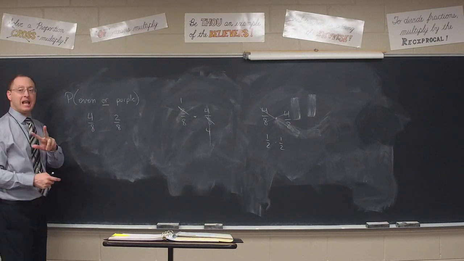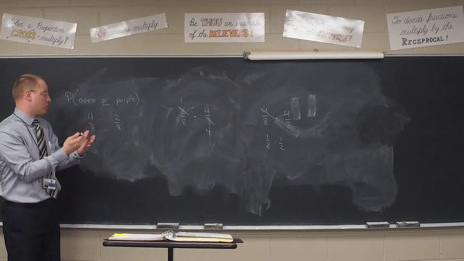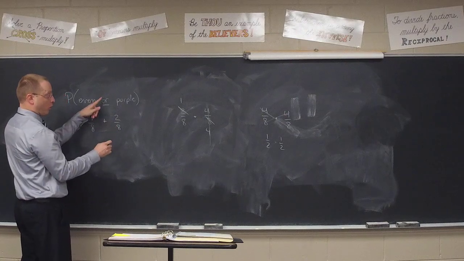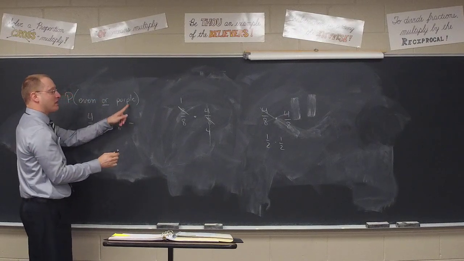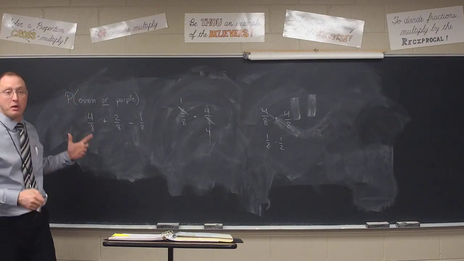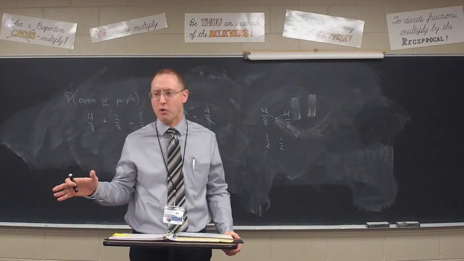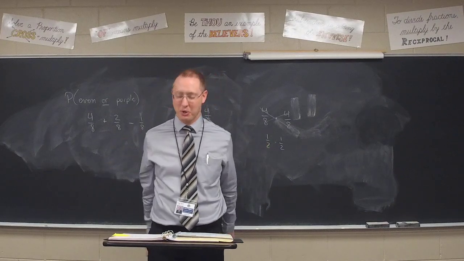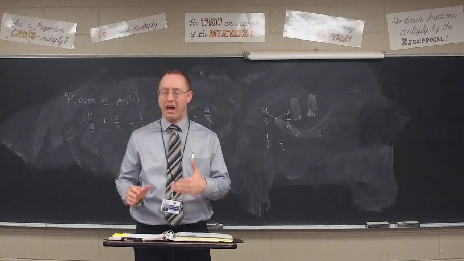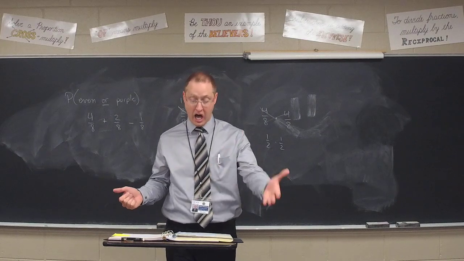So then on something like that, that's what we call not mutually exclusive, where there's some overlap between the two things. Even and purple overlap with the number 2. We'd have to, well, or means add, we'd have to subtract anything that fits in both categories. And that's how we'd have solved something like that if they weren't mutually exclusive. You're not going to be tested on that this year, so you don't have to actually know that, but it's kind of floating it out there for you. You'll work a lot more with that next year. But for this year in 7th grade, every time we work, they have to be mutually exclusive. So for instance, I could say green or odd.